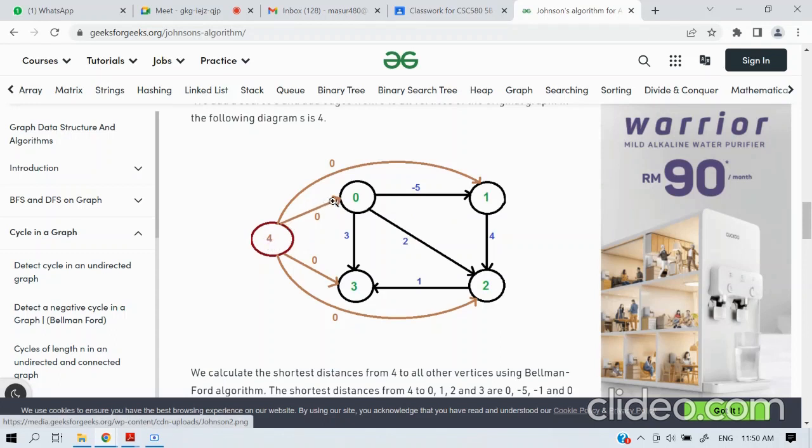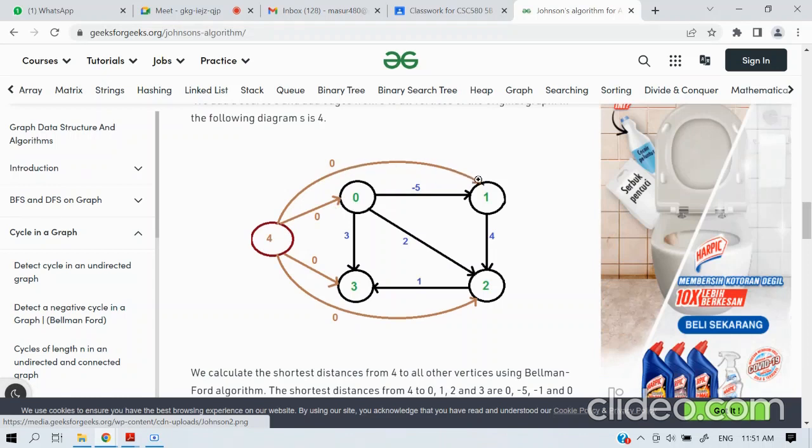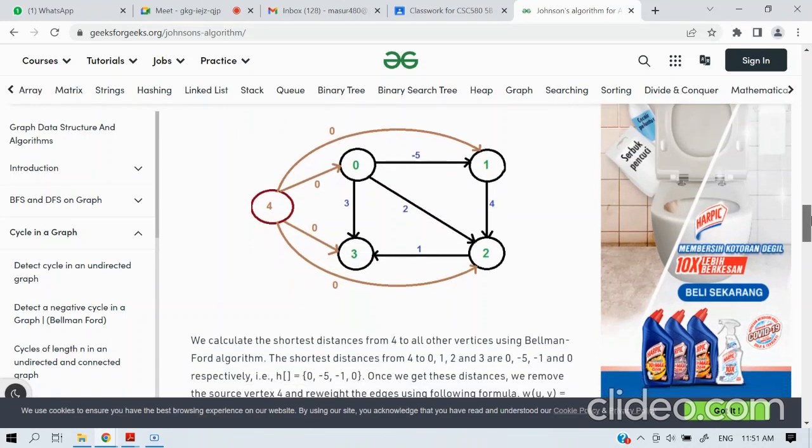And then you make a new edge between the new source. This new node we call the new source, so between the source and also the destination, guys. So you give a new value which is 0. All 0: from 4 to 0, from 4 to 1, from 4 to 3 and 2, you give the value 0. Okay, then after you create the new node, you need to calculate the shortest distance from 4 to all vertices using